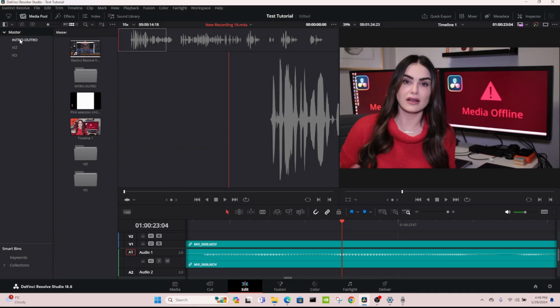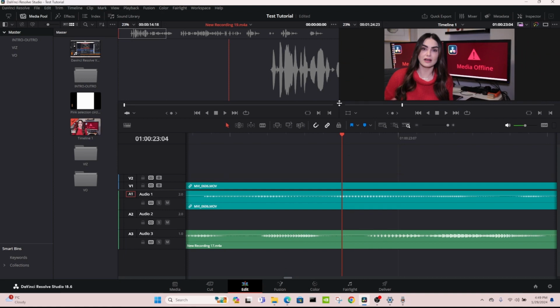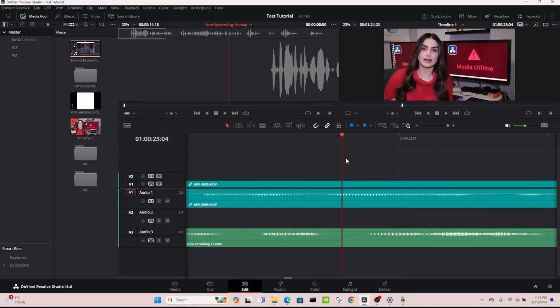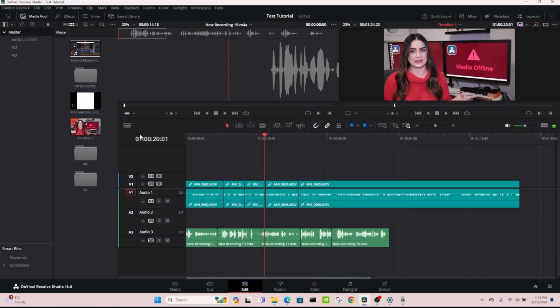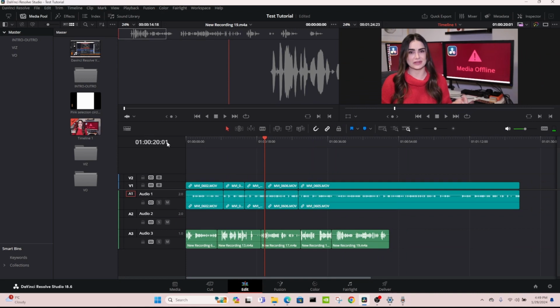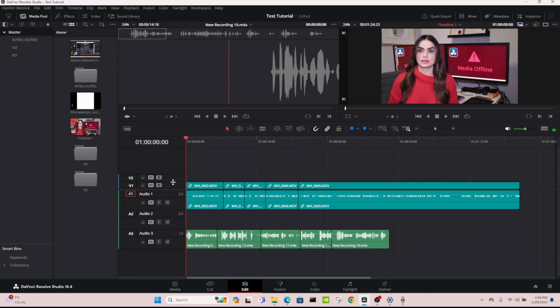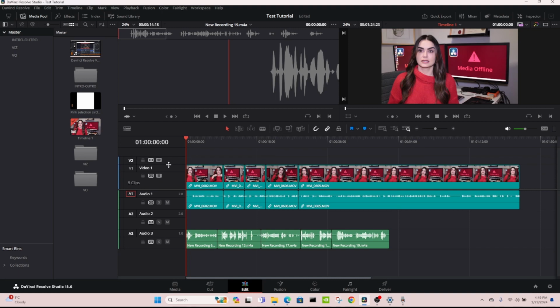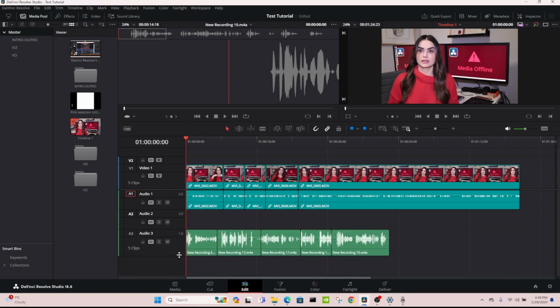Master again, because we like our items to be organized. So this window is a lot like the cut window, but it is a little bit different because we have this great sequence here, which we can zoom in and out of and make it larger for the tracks. You can stretch them up and down. There are keyboard shortcuts to stretch your tracks. I will show you how to do that in another video.